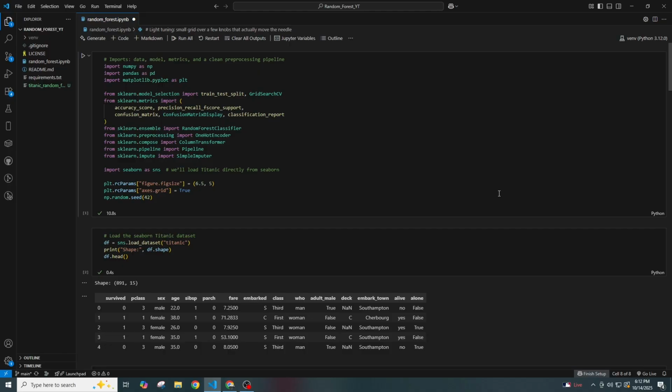A random forest is a prediction method that combines many simple decision trees, and it basically lets them vote. Each tree is trained on a slightly different random sample of the rows, known as bootstrapping, and at each split, it only considers a random subset of the columns, which are called features. This randomness makes the trees less alike, so when their votes are averaged, overfitting drops and accuracy usually improves compared